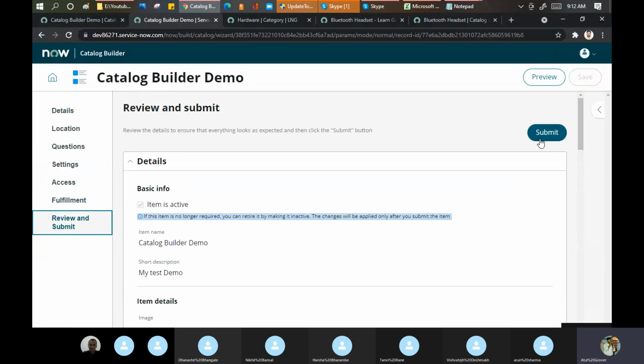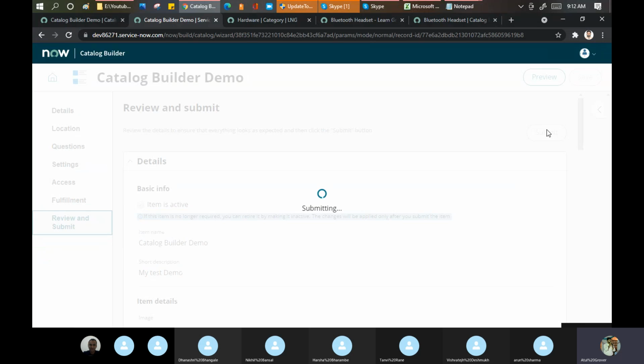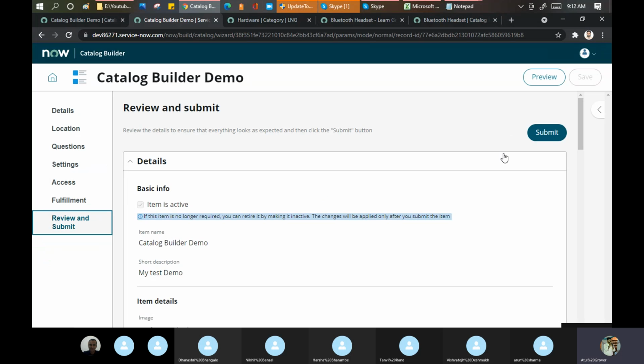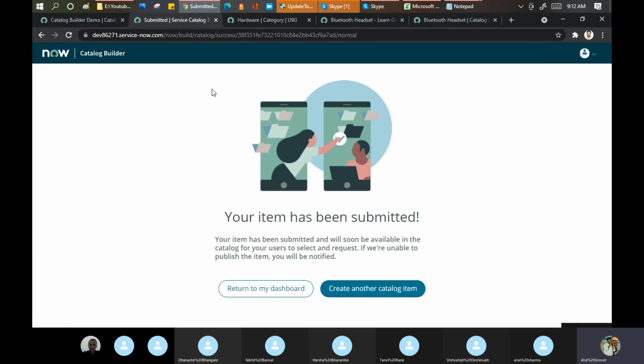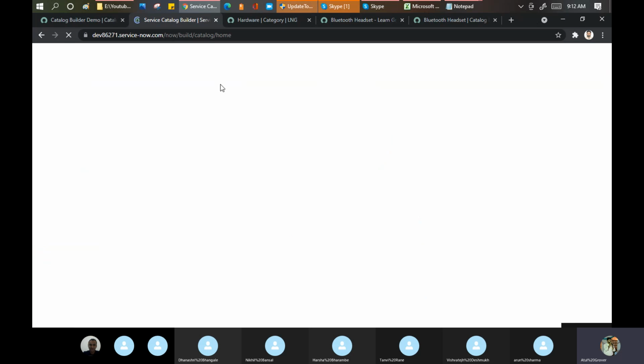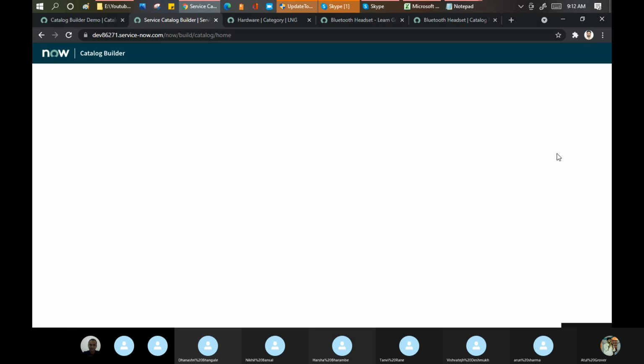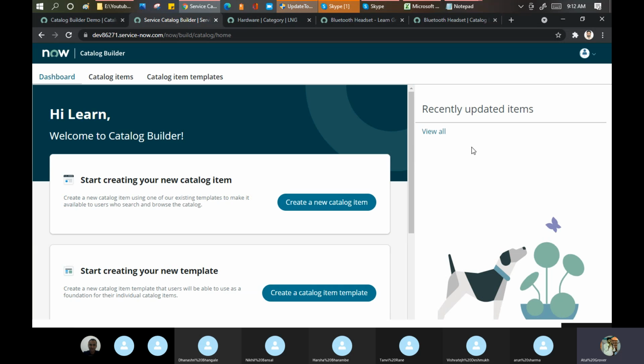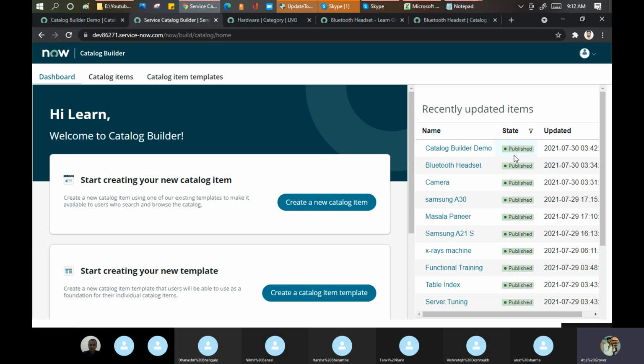Let me review and submit. Okay, let me submit it so that I can get the edit option. And let's see if I get any error. Okay, return to my dashboard. That's fine. Is it published? Yes, it is published, but it will not execute properly because in the catalog builder you cannot use the execution plan.